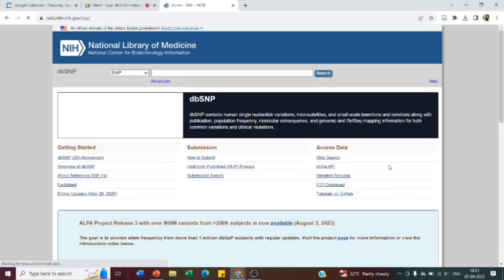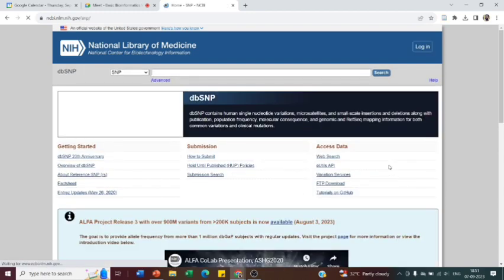SNPs are associated with many diseases. So the SNP database mainly contains the single nucleotide polymorphisms associated with many diseases. SNPs include human single nucleotide variation, microsatellites, small-scale insertions and deletions. All these can be seen in the SNP database. In the SNP database, we can search a gene name, or if you know the SNP name, you can directly insert it here and search. I will just search one gene name,